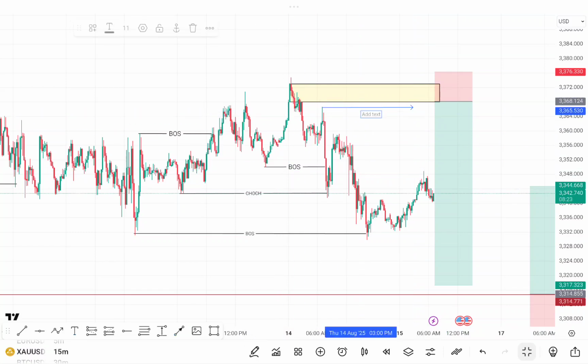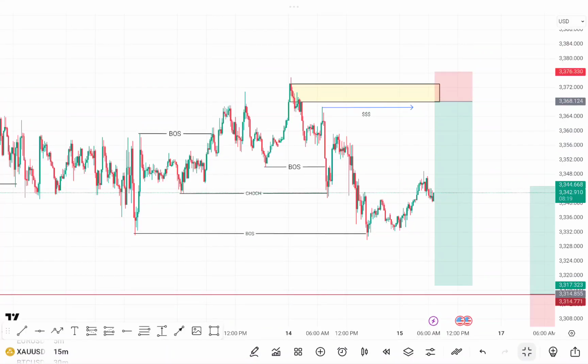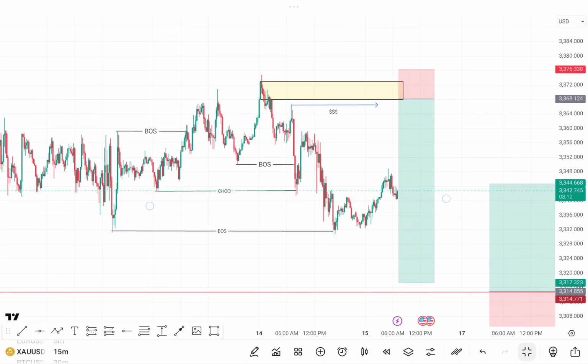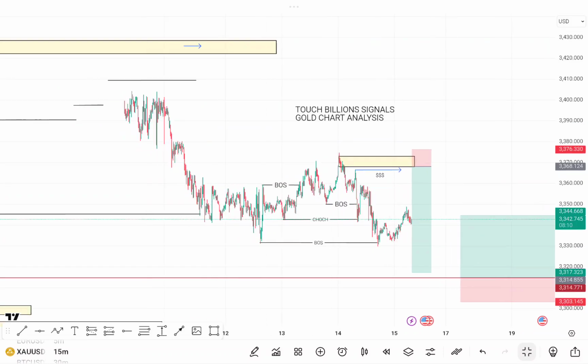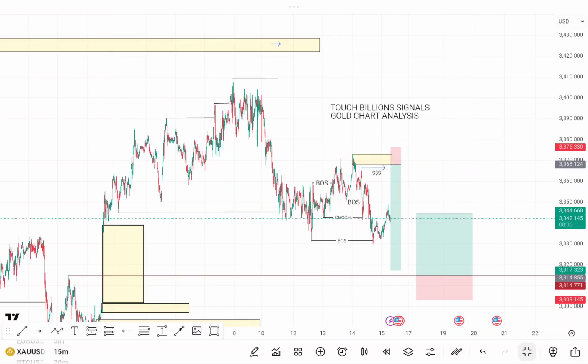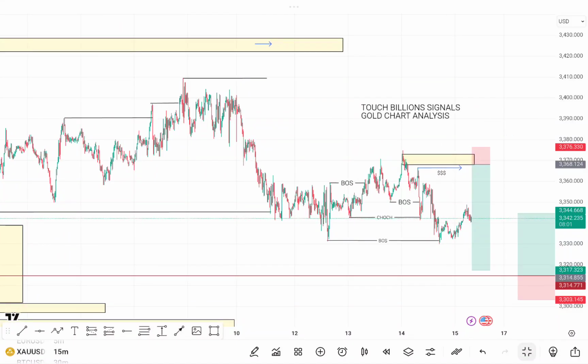Right? This clearly acts as a liquidity zone, so we just have to pay attention to that. If we see the market coming to that zone, then we can pick our entry. Also note that this point here is still a very clear point of entry at the very top.